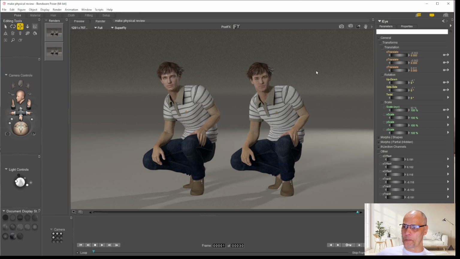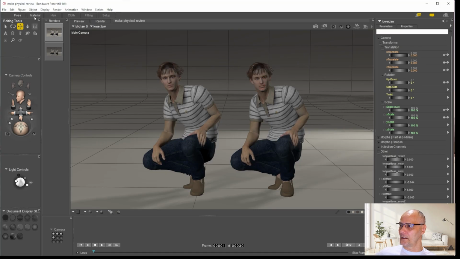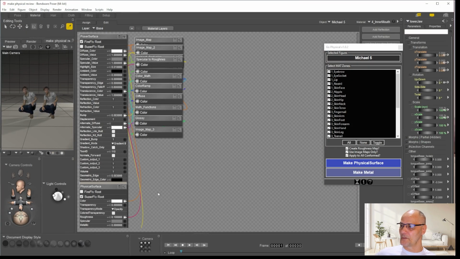So I really love physical surface, physically based rendering, because it's just so much more realistic, and contrary to what a lot of you guys think, it actually is faster. It's just that you're generally not comparing like with like. When you do a Firefly render, you rarely turn on indirect lighting and subsurface, which is where the time goes up. So let me just have a quick look at this figure, and I'll go into his face,